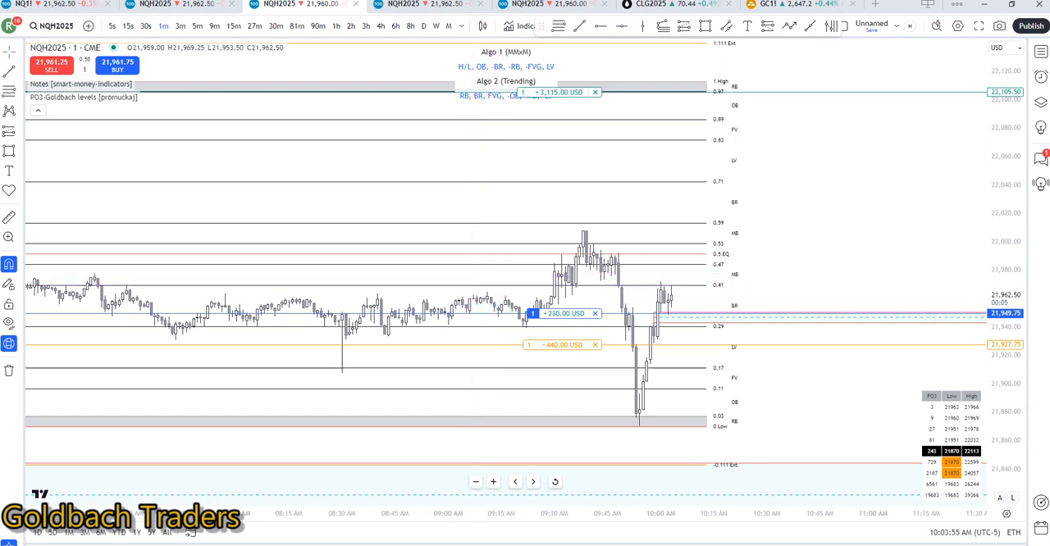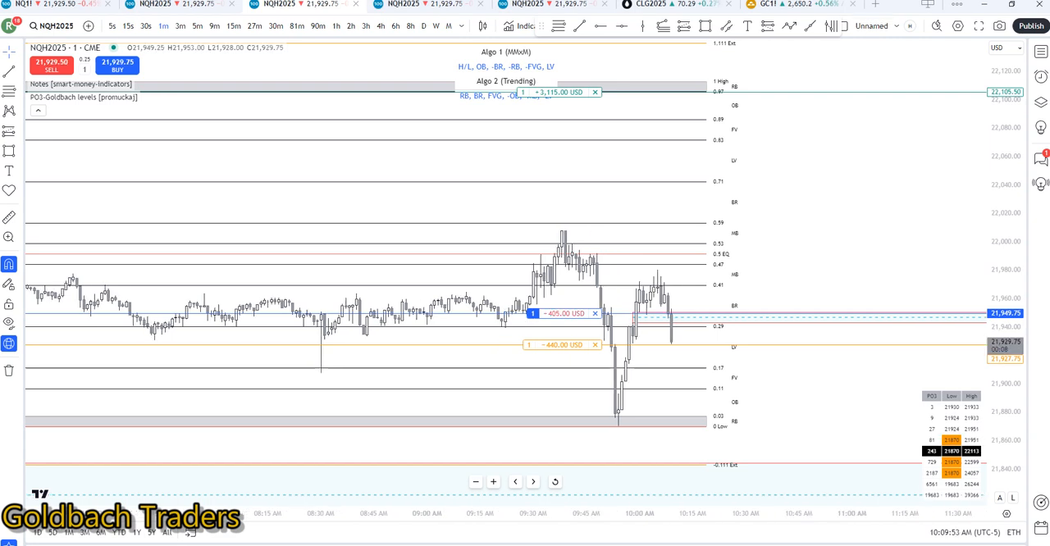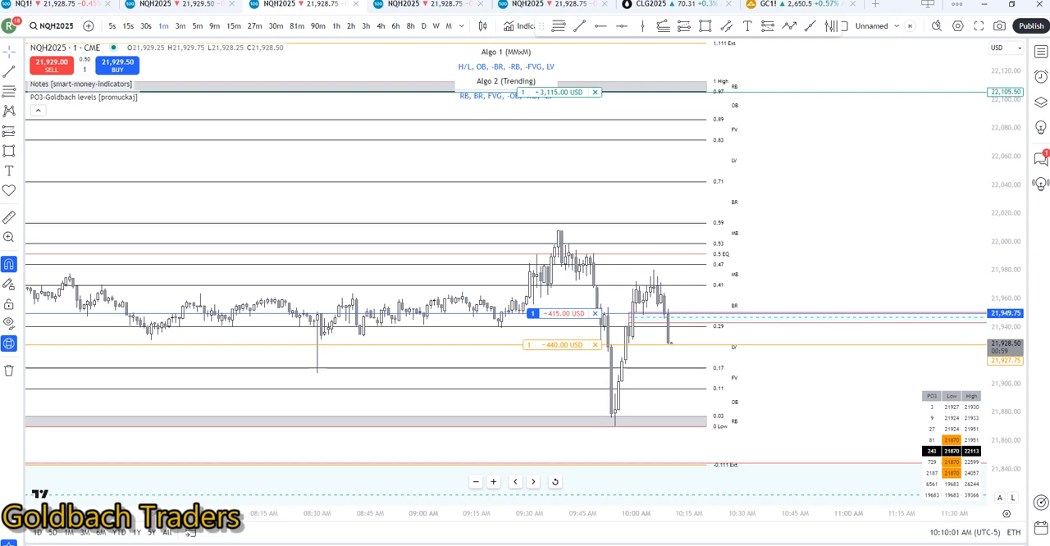I'm going to put this on pause and I'll come back and let you know how it plays out. Okay, so I'm about to get stopped out here. And this is one of the reasons why I don't like to take this leg on this algo. So what I'm going to be looking for now is,